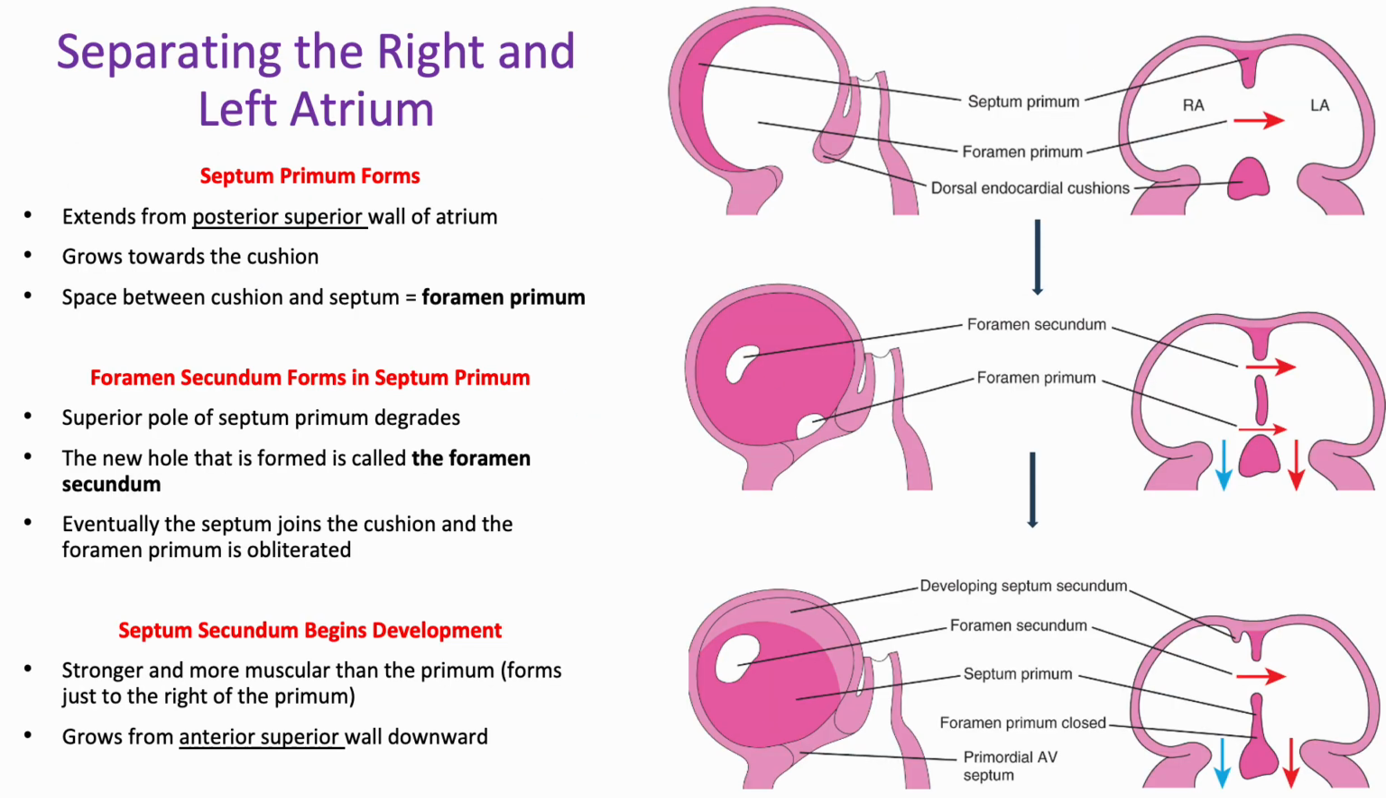Okay, so now that we have the atrioventricular canals formed on the left and right side, we really now need to separate the atrium and ventricles from one another. So the next couple of slides are going to be talking specifically about separation of the atrium into right and left halves. So the first thing that's going to happen, and kind of giving us an idea of what we're